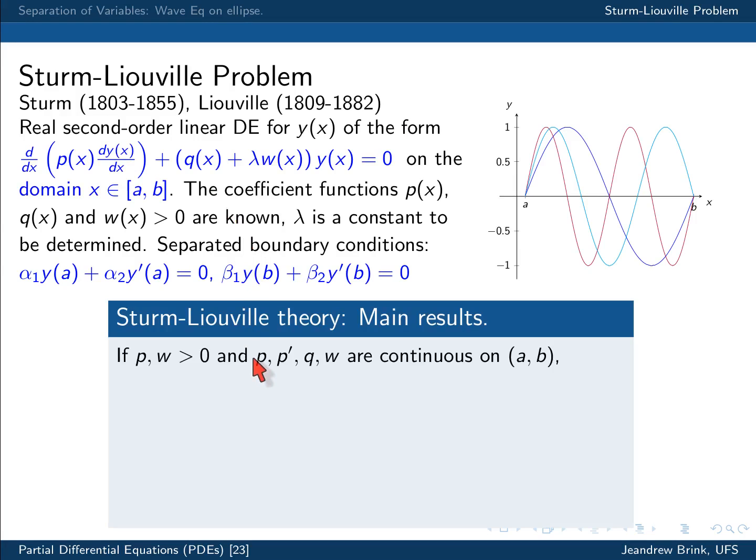Okay, so the main results are: if p(x) and w(x) are greater than 0, and p prime, q and w, so the function and its first derivative, are continuous, and q and w are continuous on the interval [a, b], then the eigenvalues are real and they're ordered, just as here with these different lambdas for which you